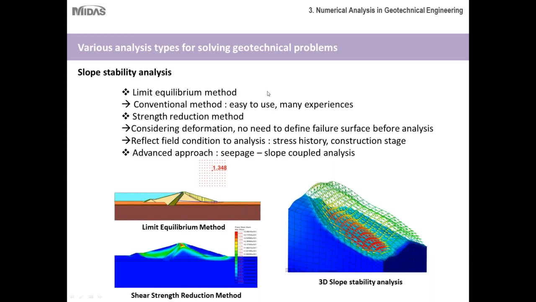And then slope stability analysis. So numerical modeling programs can be used to do the limit equilibrium method. So for simple, straightforward slopes, that's usually your best option. But at the same time, it's also good to check these results through the strength reduction method, or excuse me, the shear strength reduction method, which utilizes finite element analysis to analyze the stability of the slopes. So that way you have two analysis types to check against each other to make sure that you did them